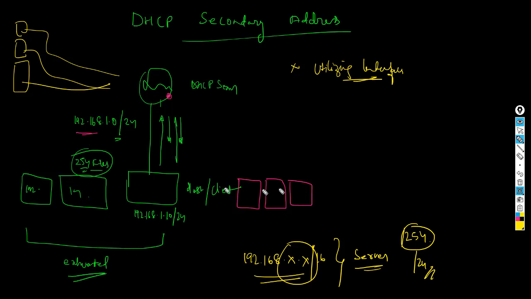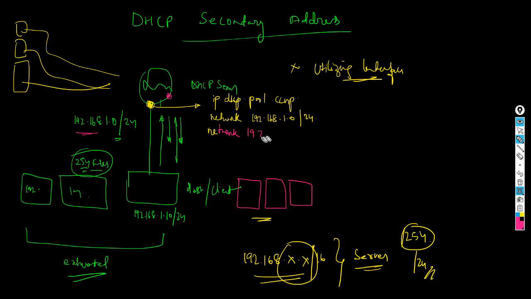So let's say they have multiple hosts to be connected and you want to extend this. In this scenario, what I can do is, over on this interface, make use of the keyword secondary. The configuration would look something like: ip dhcp pool CCNP. I'm going to define the network, that's 192.168.1.0/24. That's my primary. For the second one, which is a pink network, I'm going to bring in the additional network statement